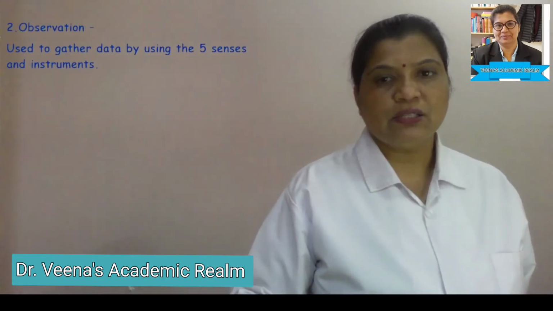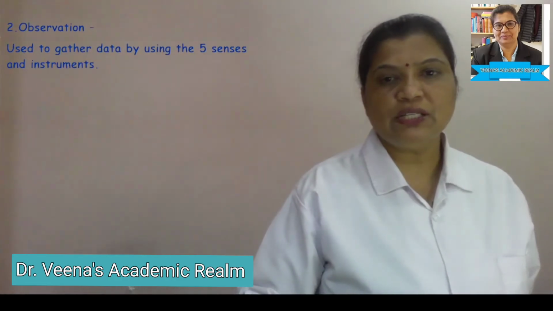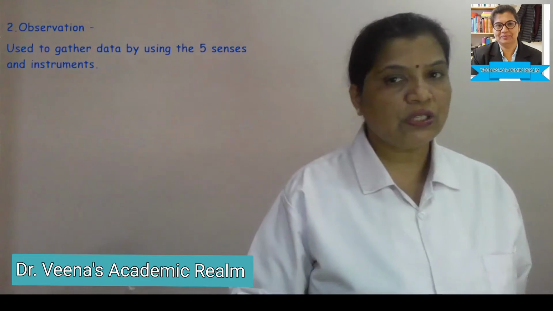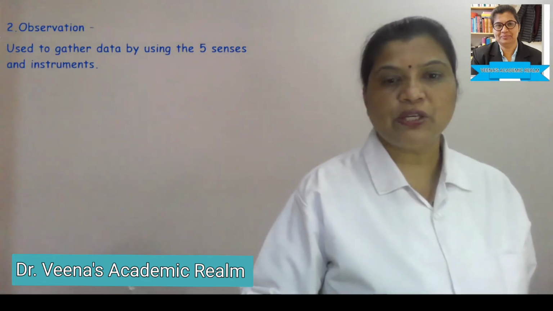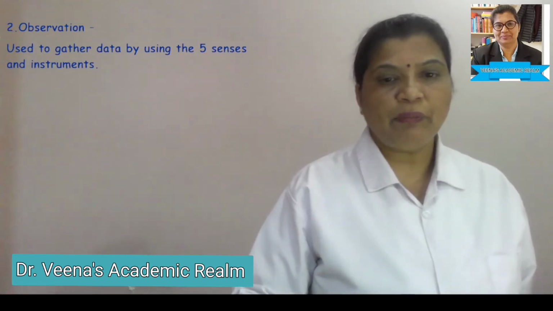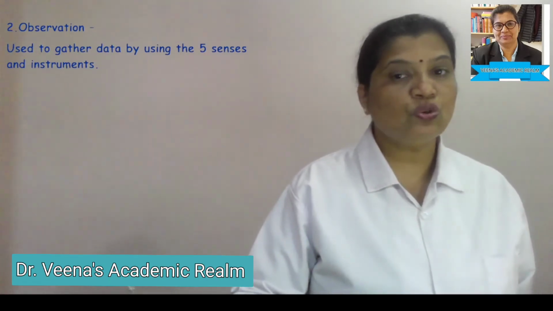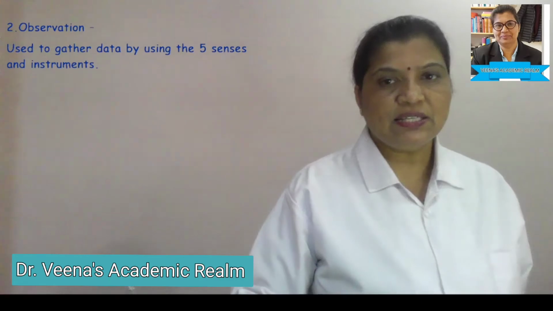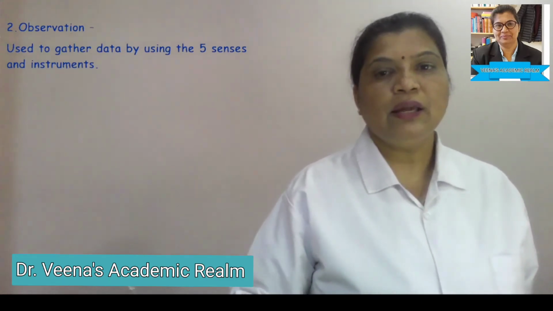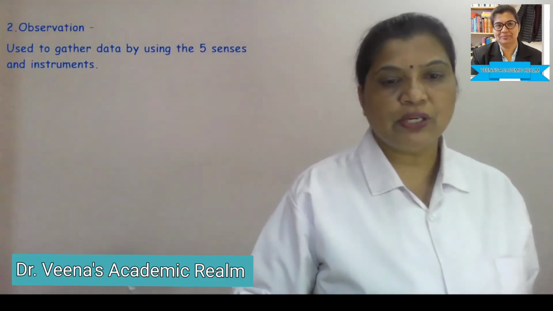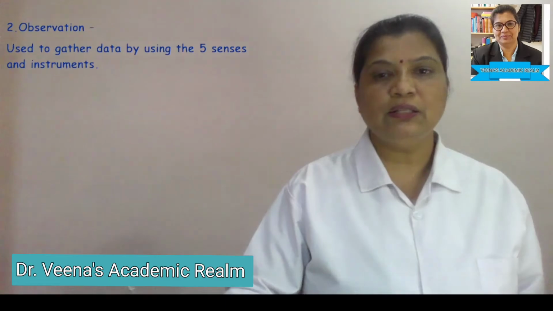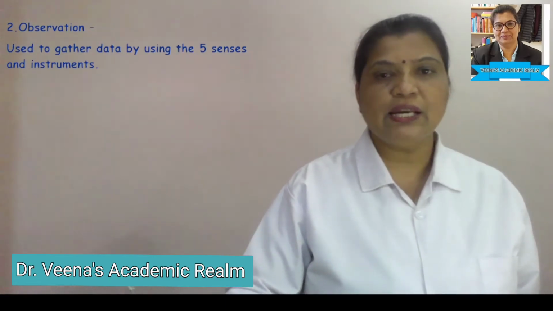Next is observation. Like everyone knows, observation is, as I said, a head-to-toe examination which is used very cautiously and accurately to observe the patient, and we need to gather the information by using the five senses and instruments. So the five senses, in the sense of observation, are the eyes, then we need to observe the head-to-toe examination, and we need to use some instruments to gather the information under the observation method. So the second is the observation method.